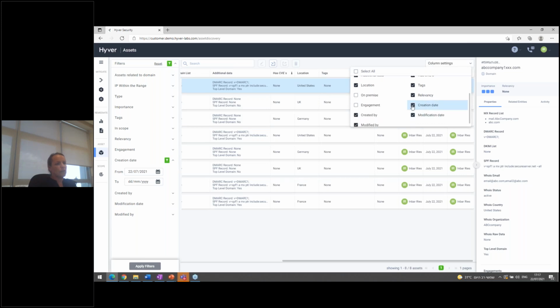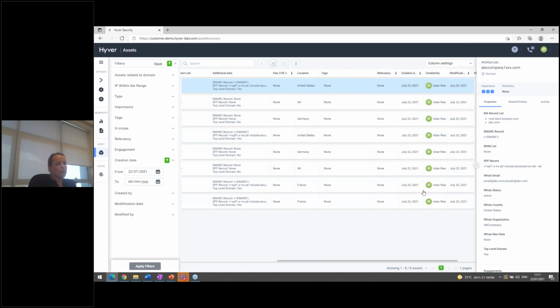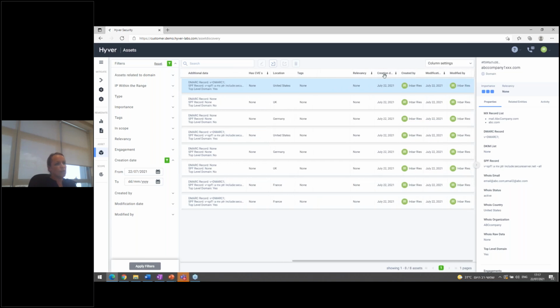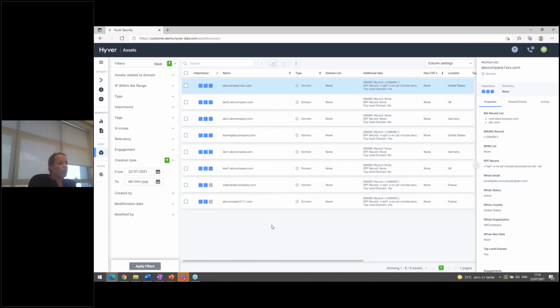Just a second, there is also the creation date, which is not a basic field. You can also see the creation date, created by, modified date, and modified by. If you would like, you can also drag the columns to change the order. So all the information will be available, and you can enjoy the same functionality as you have today of adding tags,